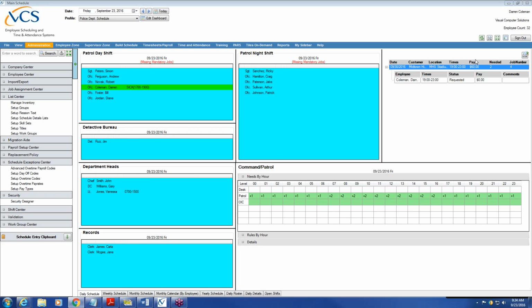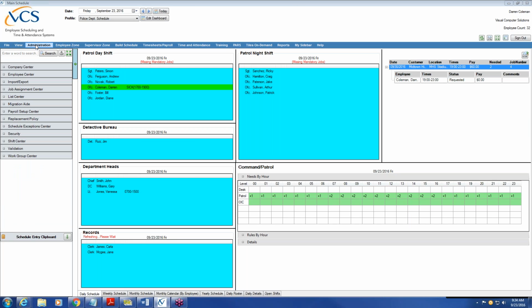And as is the case with all of our basic setup items, we're going to build these through the desktop application, which is what I currently have loaded up right now on my test database. And we're going to be working under the administration drop-down menu. The first item we're going to look at